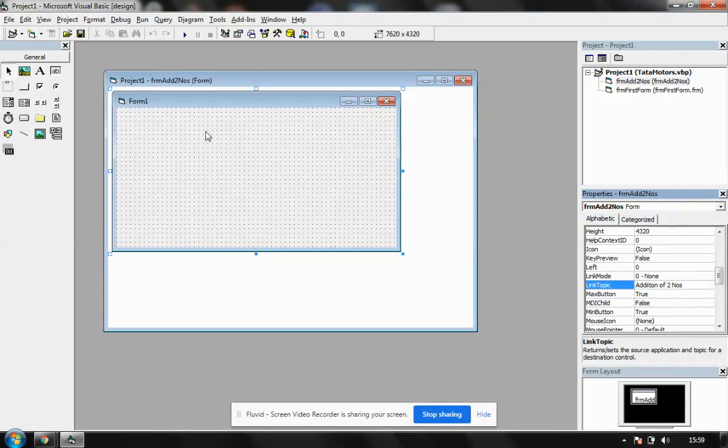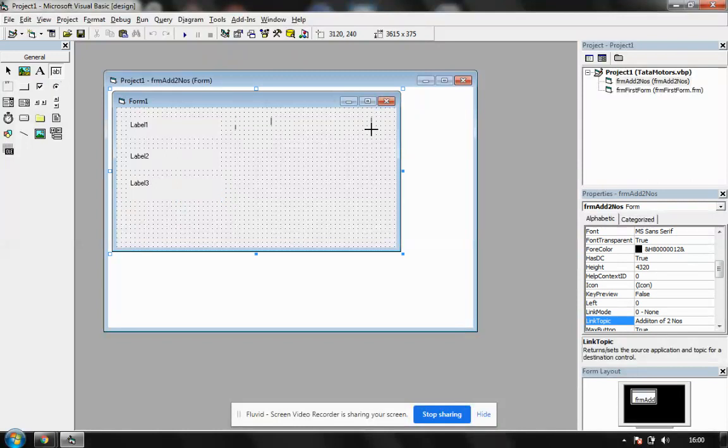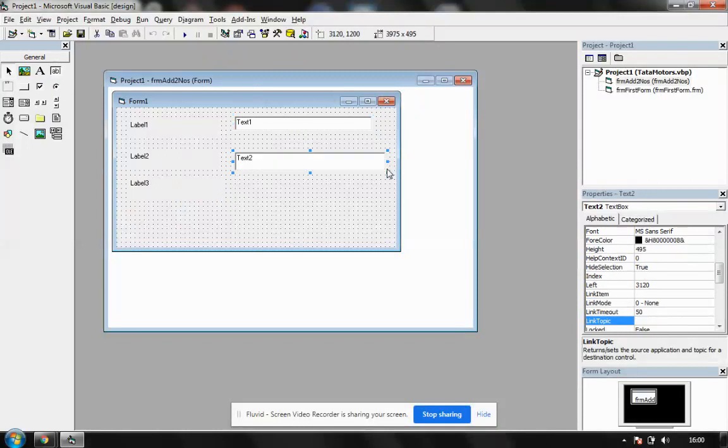So it is done. After this, I try to insert this. This is a label. A label is the thing which is displayed here. So I enter the first label, drag and drop a second label, then I enter a third label. Now I want to accept input. To accept input, there is an option called a text box. See here, it's a text box. I click on this, and this is my first text box. This is my second text box, and this is my third text box.